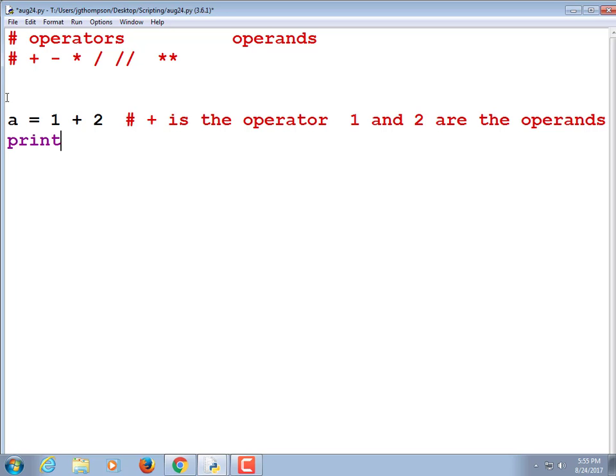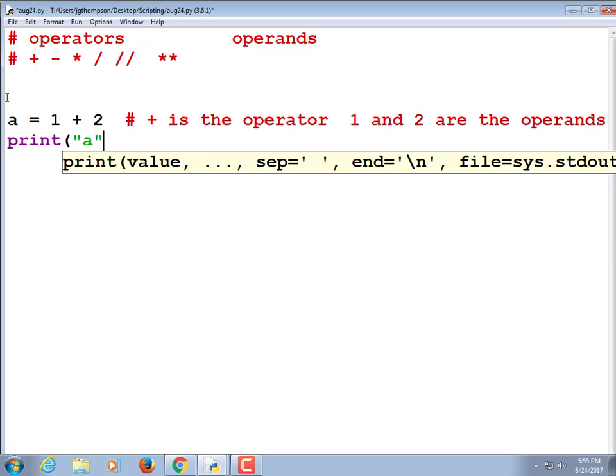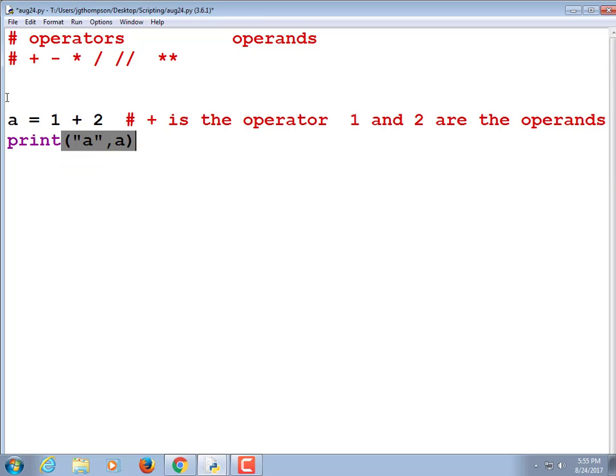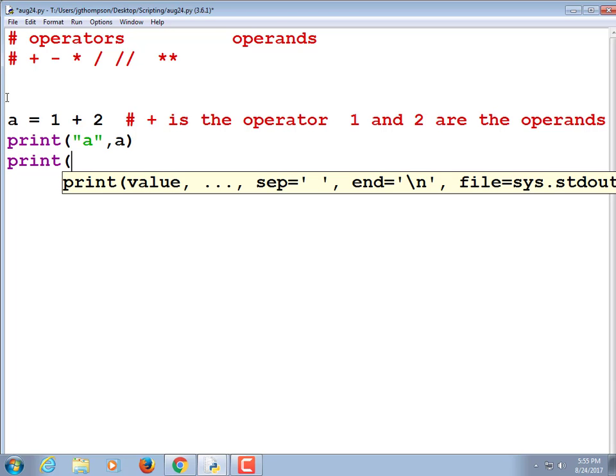We want to see what that is. We're going to print A, comma, and then that value. But now we're going to print it in a slightly different way. There's more than one way of printing in Python. There's more than two ways of printing. We're going to use a formatted print. We're going to say A equals